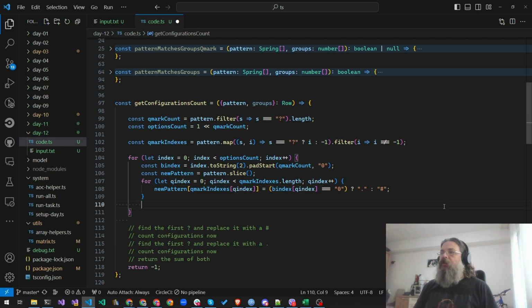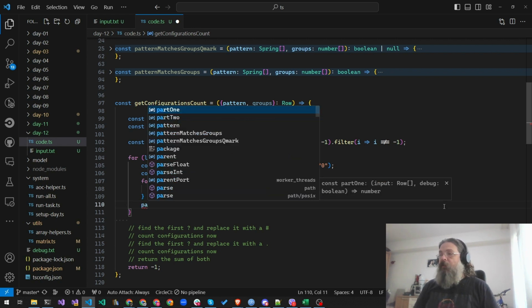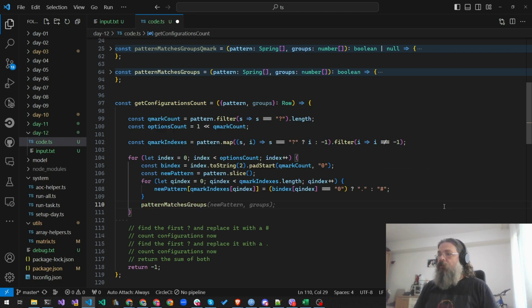And now I can say whether the pattern matches the group, the new pattern and the old group. This is a boolean, and if this is true,